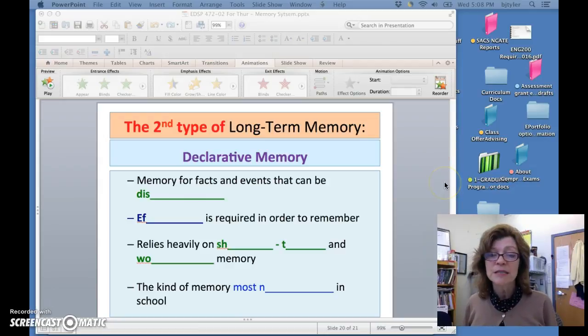Declarative memory relies heavily on short-term and working memory. So if a student has weak short-term and working memory, they're going to have a very difficult time with declarative memory. And of course, this is the kind of memory that's most needed in schools. You think of how much information, all the sciences, all the history, social studies, geography, even English to some extent, is about learning a lot of names and